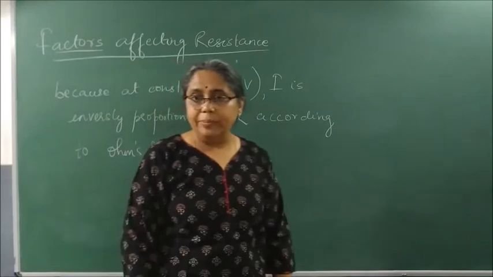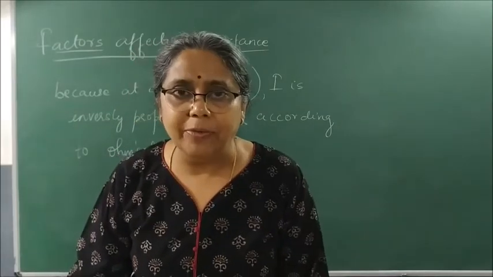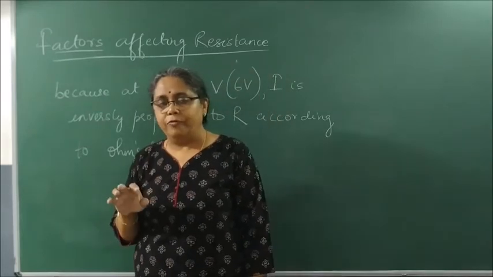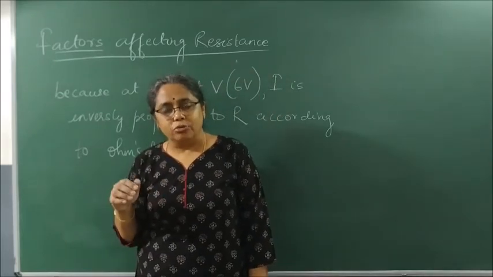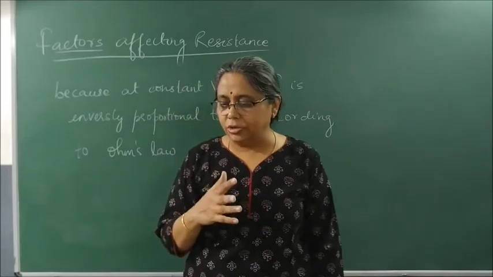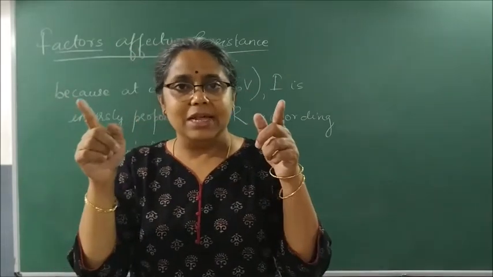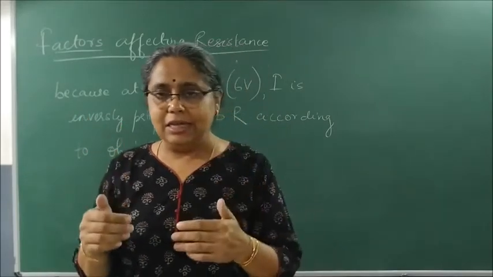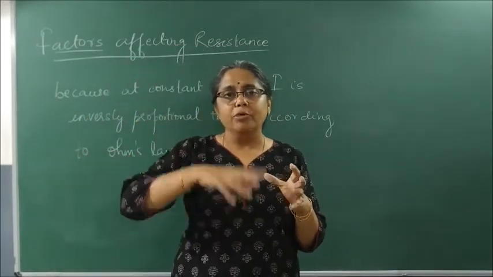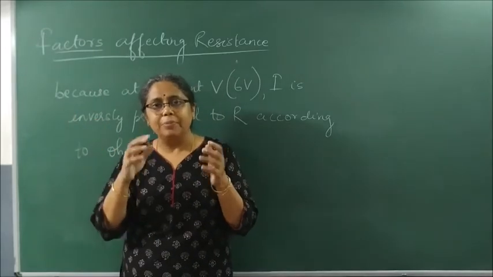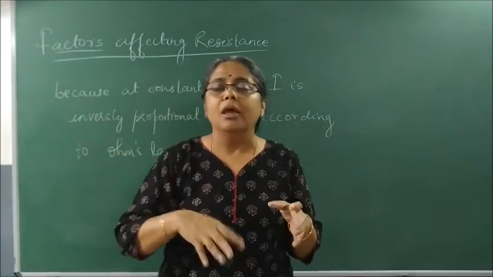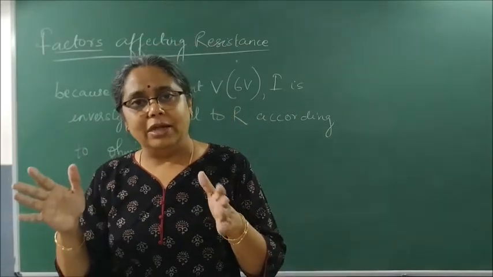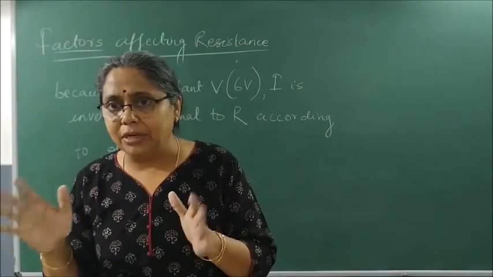Activity clear? 12.2. In activity 12.2 we have taken 4 cells of 1.5 volt each, connected it to a plug key, which is then connected to an ammeter, and 2 ends are left, which is X and Y. First you put a nichrome wire and see the ammeter reading. Remove the nichrome wire, put a torch bulb and then see the ammeter reading. Remove the torch bulb and then add to it what? A 10 watt bulb, and then see the ammeter reading.